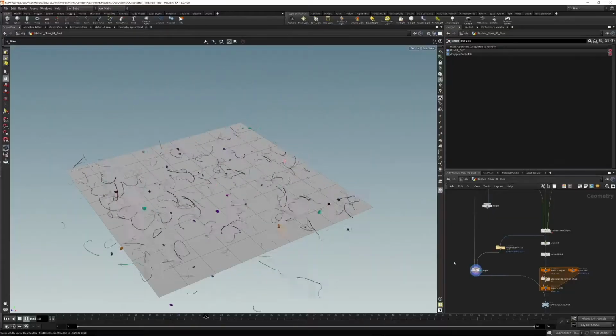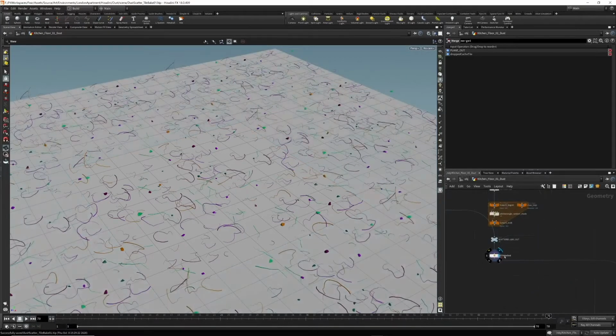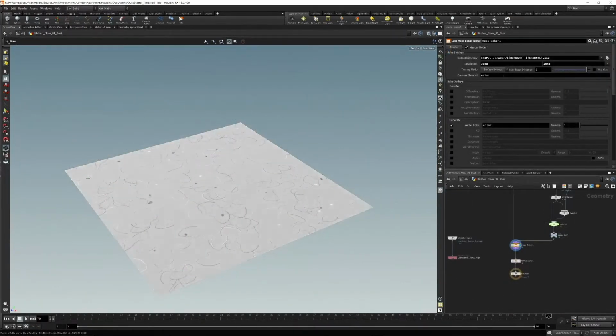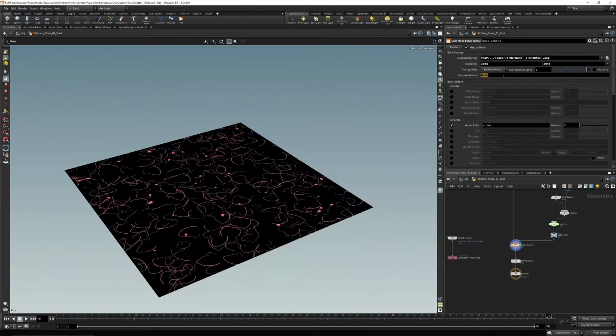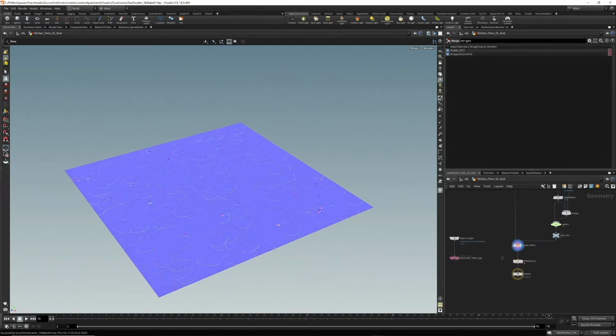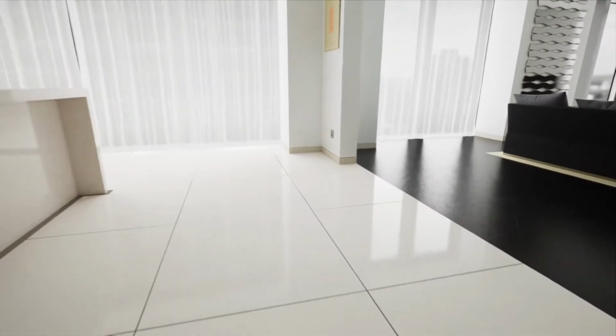So with this reference in hand, the challenge for the artist is to create what we achieved on a micro scale with these materials, but across the whole apartment. And there's no way you can do this by hand. It has to be procedurally generated. So all of our environment artists dived into procedural tools and Houdini in particular, and started to build and develop their own tools with simple interfaces so that we could scale these materials and features across the whole of the